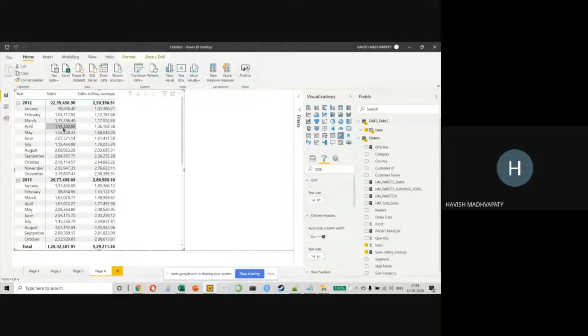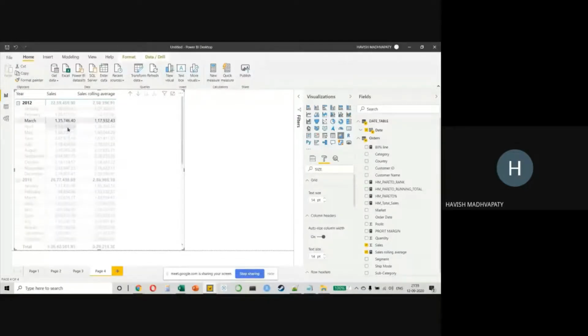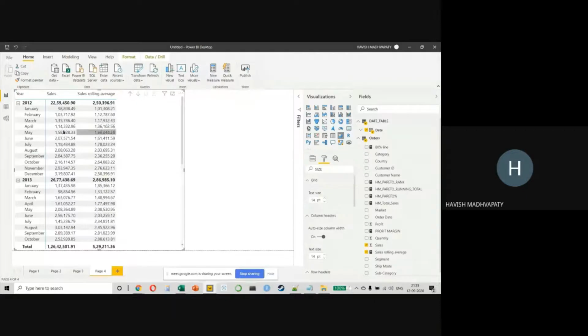Basically, if you look at this number, 114 for April and 135 for March, if I look at these 3 numbers, what is the average of these 3 numbers? 136, right? So it's telling me that the rolling average for April is the average of the same month, the previous month, and the next month. Similarly, if you want to normalize the data even better, for businesses that have very non-regular seasonality factors, you can do a 3-month rolling average, or maybe even a 6-month rolling average. That, of course, depends on the business context, what type of industry you're working with.